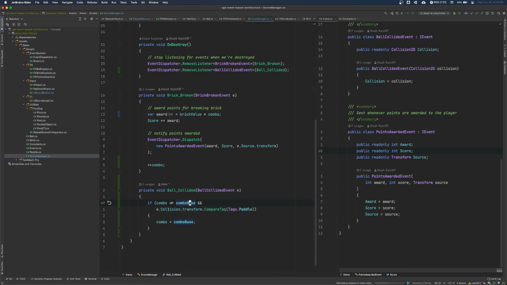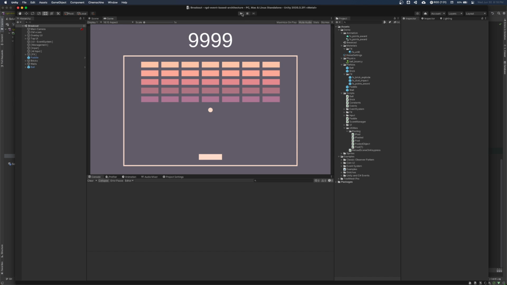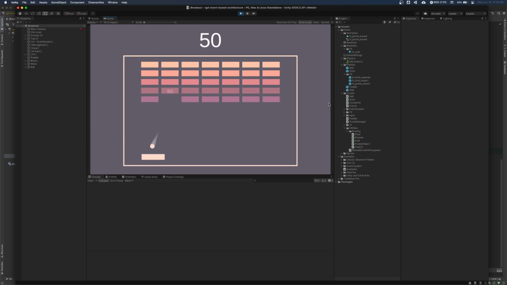So if we're not already at the base and we collided with the paddle, then we reset combo. And now, if we play, we should see, so we earned 50 there, but this time we'll earn 100, 150, 200, look at that.